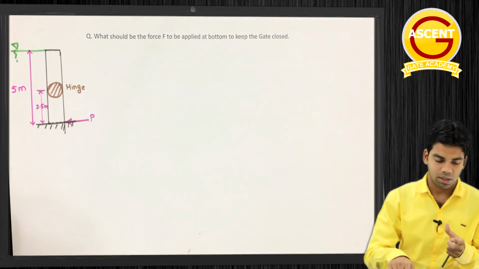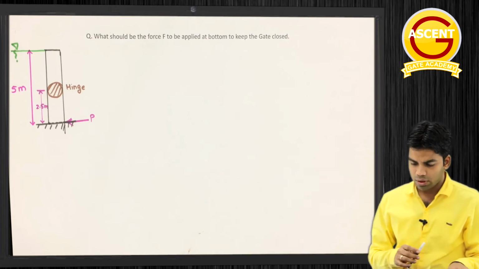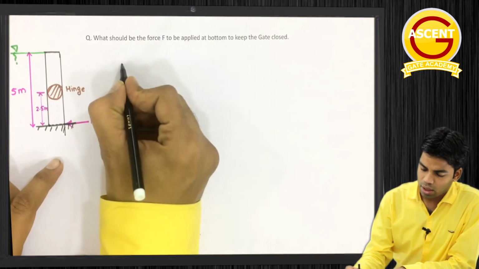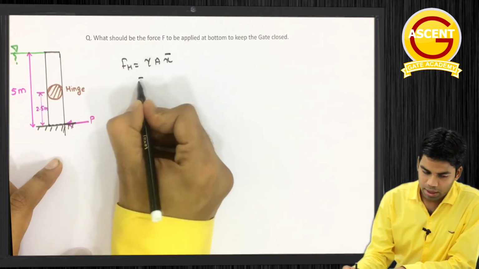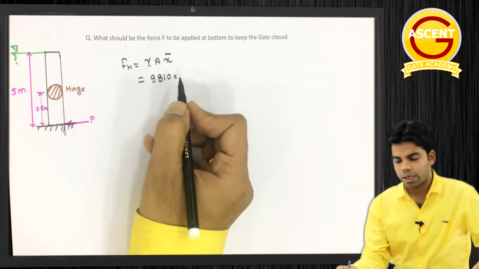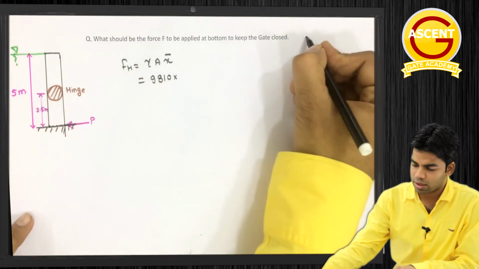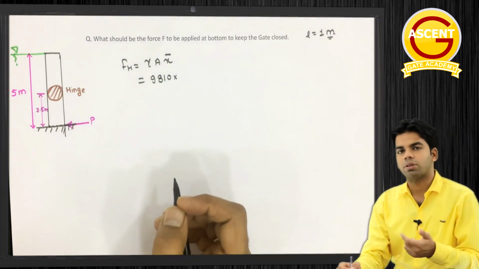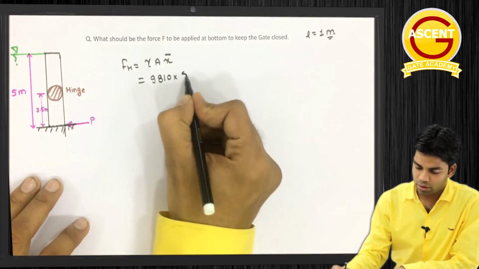So this P we have to determine. Getting this or not? Now how can we determine this? First, as I told you, we have to determine the horizontal force. Horizontal force we know is gamma A x bar. Gamma is 9810, into the area of this block. Since length is not given, length is taken as 1 meter, which means we are determining the forces per unit length. So 9810 into area, which is 5 into 1,